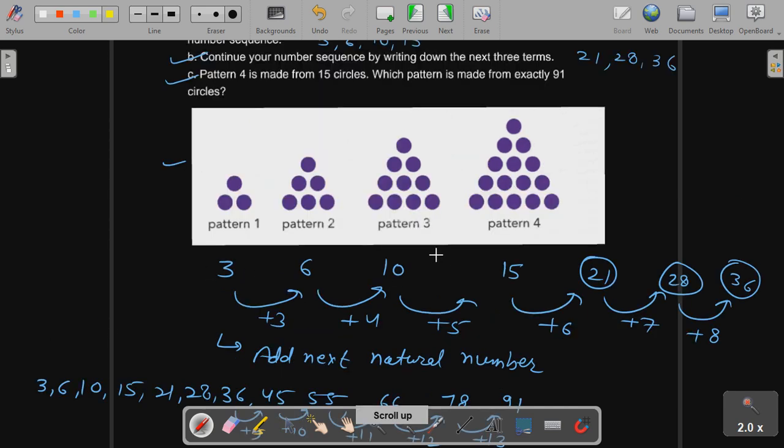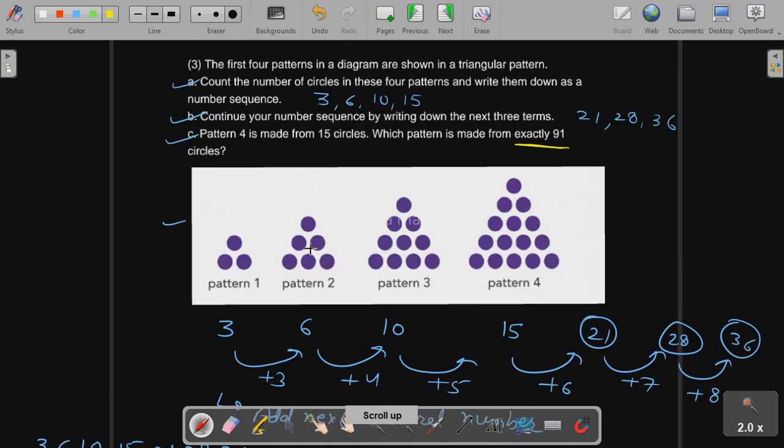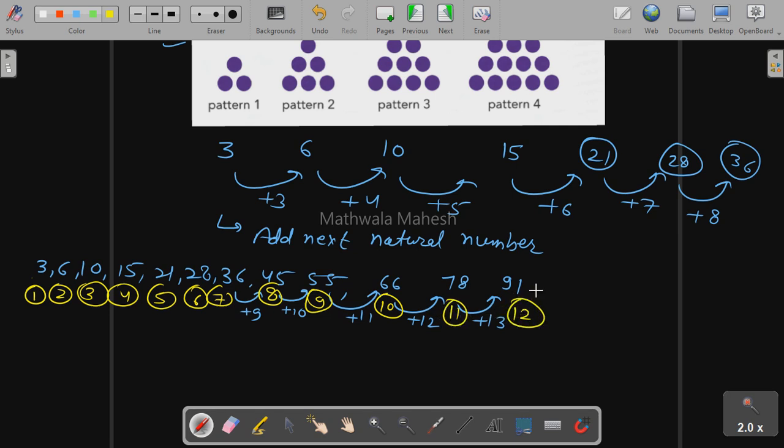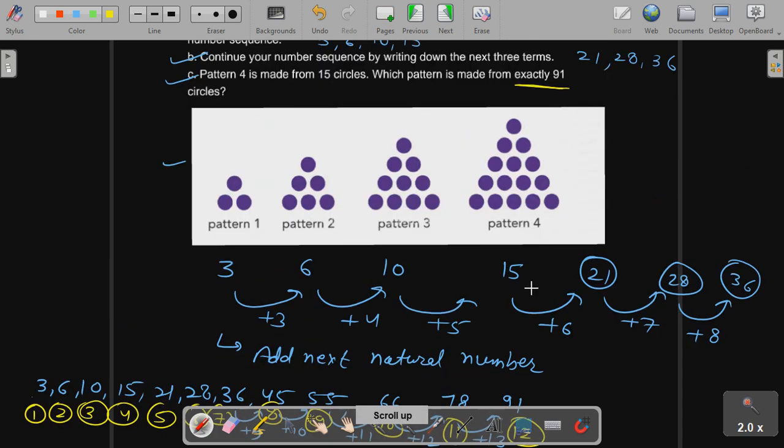So which pattern is this one? 91. Because in the question we have to find exactly 91 circles. Okay, so for 91, this is 1, this is 2, this is 3, 4, 5, 6, 7, this one is 8, this one is 9, this one is 10th, this one is 11th, and this one is 12th. Okay, so we have to find which pattern. So the answer is pattern